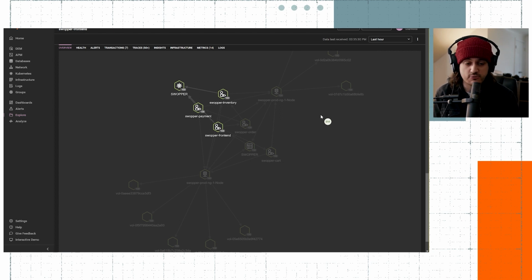It could be caused because a remote service we don't actually have an APM agent on is taking a long time to respond. Or maybe it's the underlying infrastructure. Maybe the EC2 nodes are having issues with memory exhaustion. Maybe there's a memory leak in the application. So this is really the idea, providing that scope visually and also giving you those very quick at-a-glance cues. That health score is going to help with that. The anomaly detection is going to help with that.